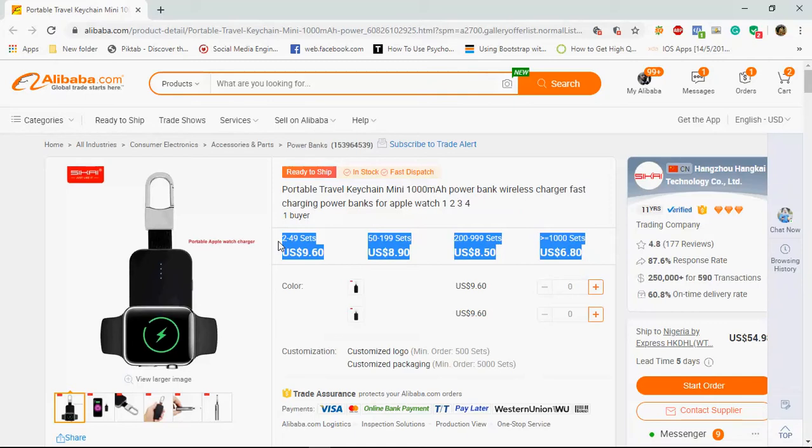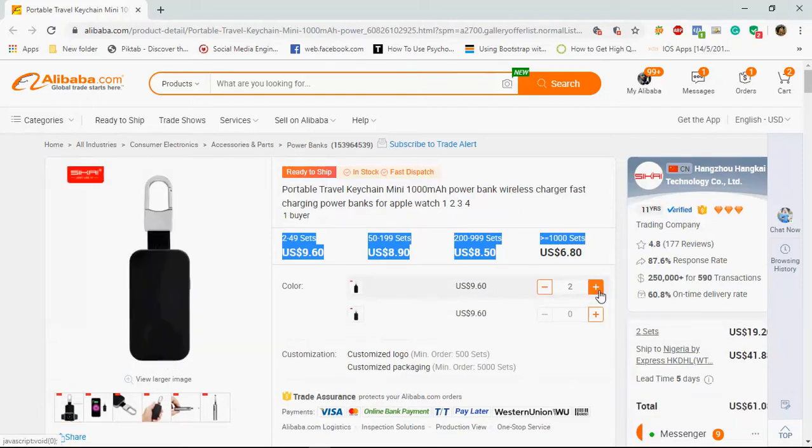So the first thing is to consider the MOQ, which one you wish to buy. Let's say you want to buy five, and the colors there are black and brown. Let's say you want to buy two black, then one brown. Now,